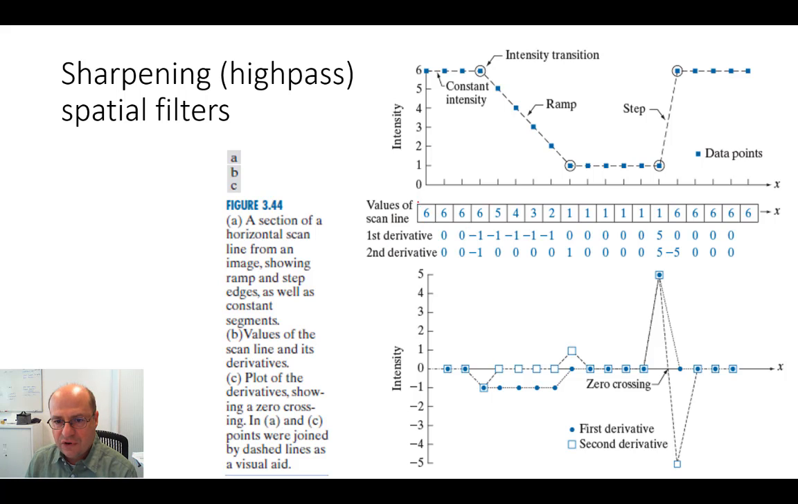These are the values of the line. So it starts at 6, 6, 6, 6, 6, 6, 6, 6, then changes to 5, 4, 3, 2. These are the values on the scan line. The first derivative is just the difference, this minus this. 0, 0. What is it representing? It's representing that it's constant. There is no change here up to here. And the change occurs here